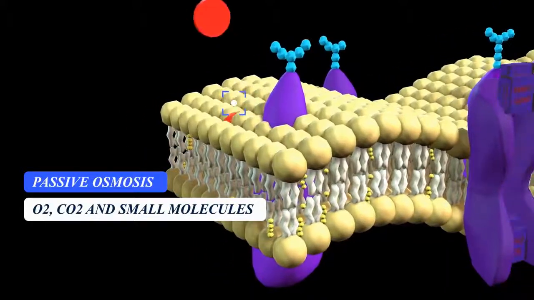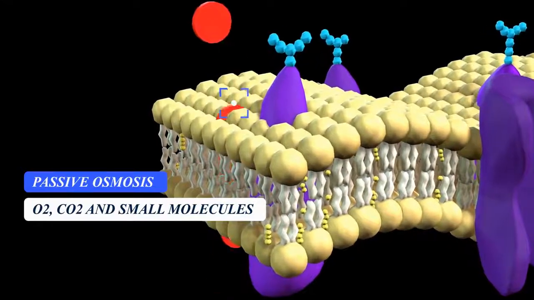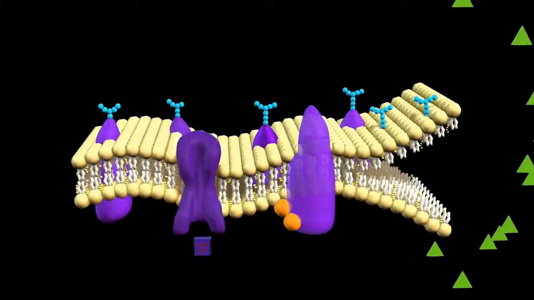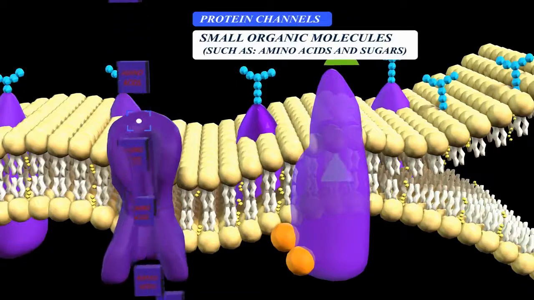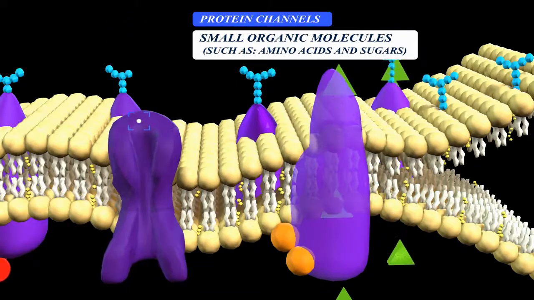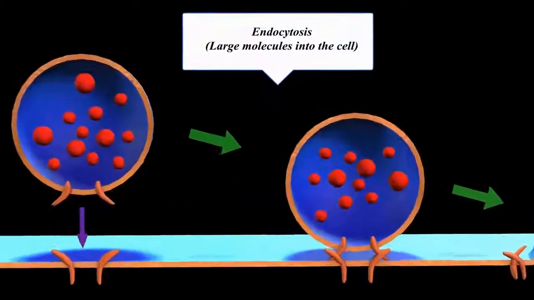Passive osmosis and diffusion transports gases, such as O2 and CO2, and other small molecules and ions. Transmembrane protein channels and transporters transport small organic molecules such as sugars or amino acids. Endocytosis